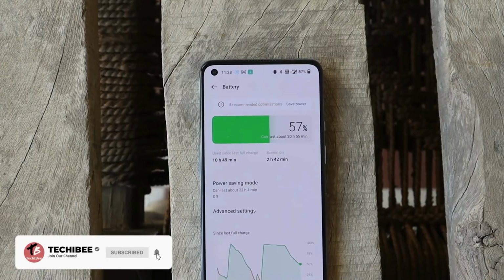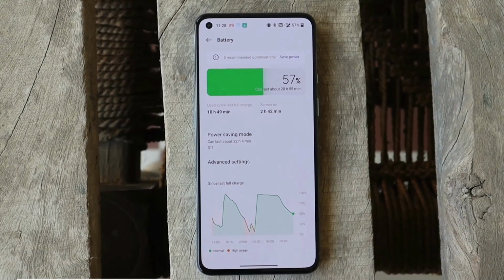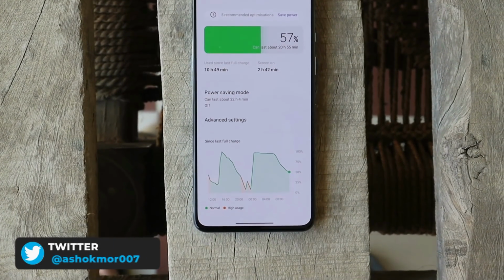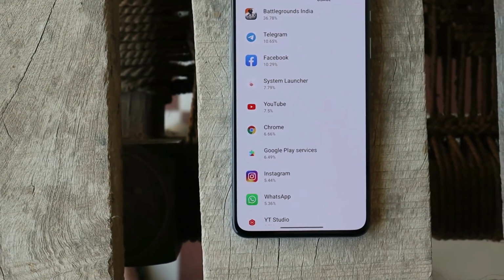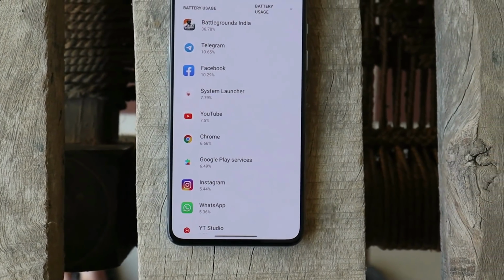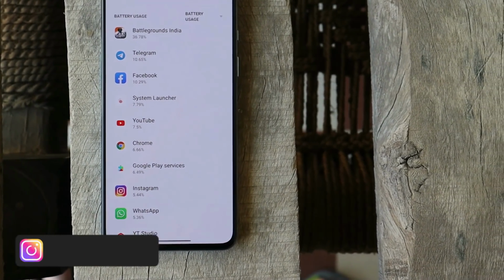And now let's take a look at the battery drain. And guys, before I talk about it, battery backup and screen on time vary for every individual, and battery backup depends on tons of factors. So it won't be similar for every individual. But here we have a few stats of mine.